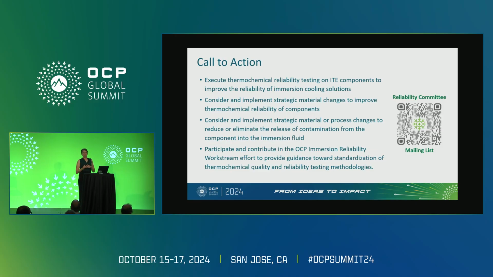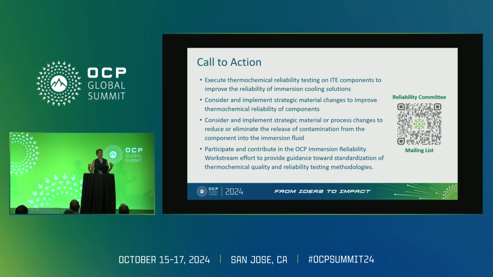Again, this is an example of how we can work as a team to provide guidance through the standardization. This is what we've done. But we need an ecosystem to say we're all doing this together, we're all testing together, because again, the big gap still is I can do this in one fluid, I can do this for a neat fluid, but I still have this unknown risk of what everybody else is doing to influence the reliability of my component in a contaminated fluid. So please, if you're a component vendor, if you're a fluid vendor, if you are an ODM,